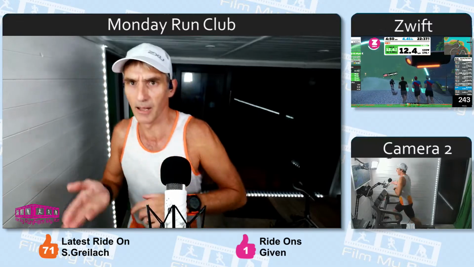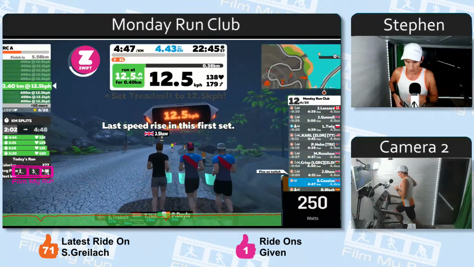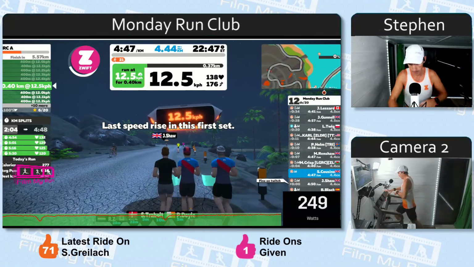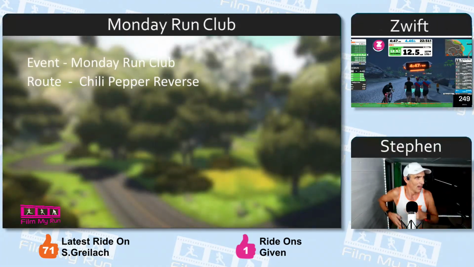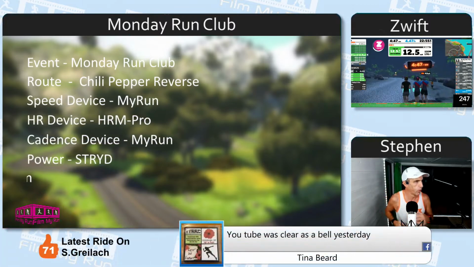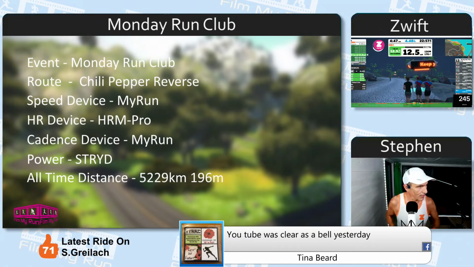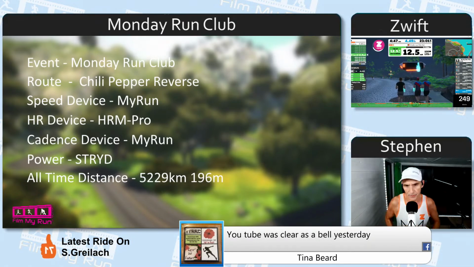Okay, here we go. Up another one. So this is our final increase in pace now, before we drop it down again. Just have a look at the stats. 5,229 kilometres run on Zwift for me.